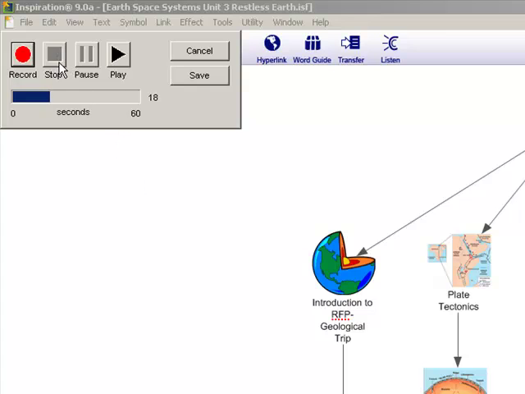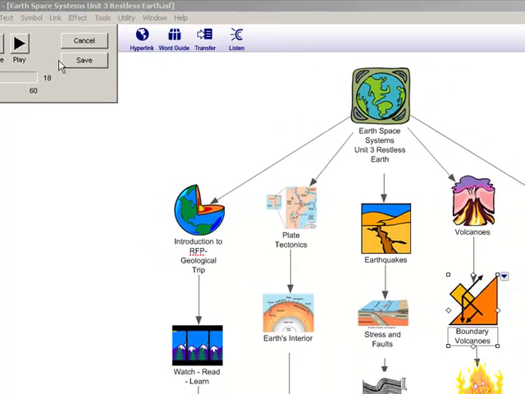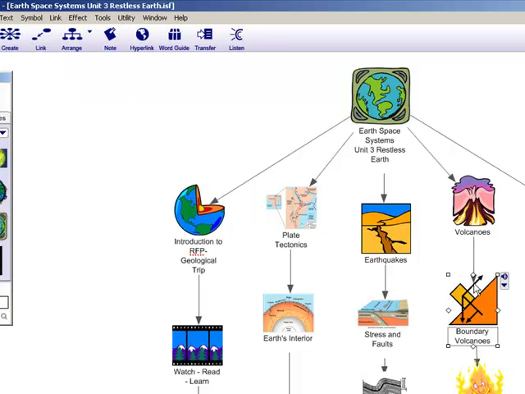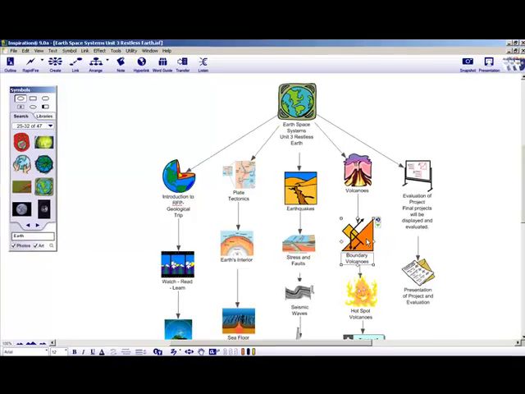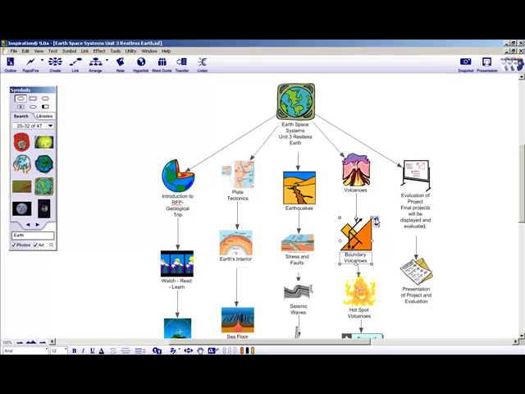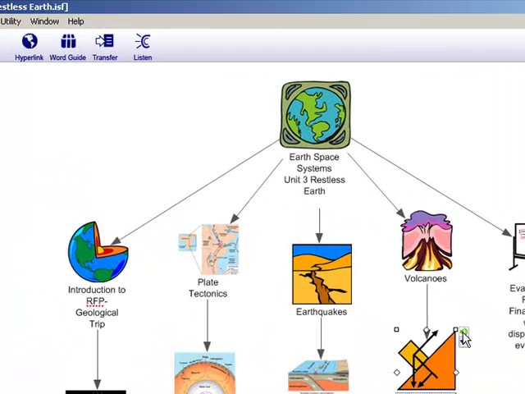So then I click Stop, and I can preview it by clicking play, and after I am okay with it, I can click Save. And now you'll notice that right next to that icon there's a little speaker, and when I click on that,